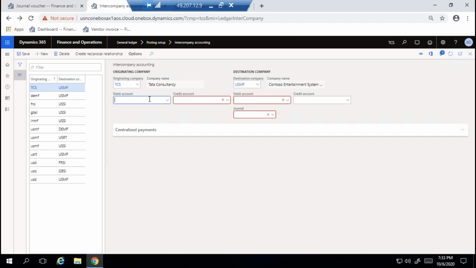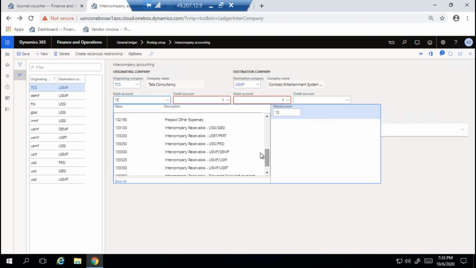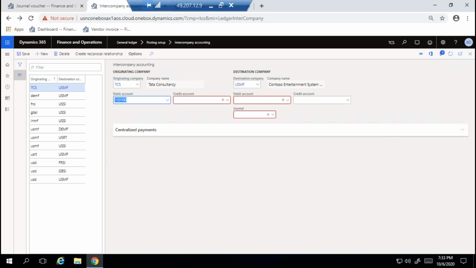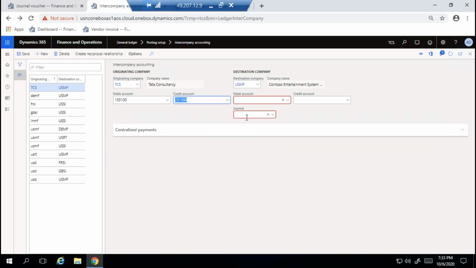Forget about this; the ledger accounts you need to map properly in a real-time scenario.